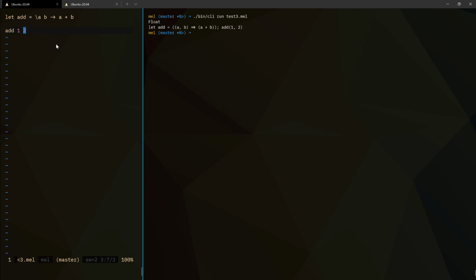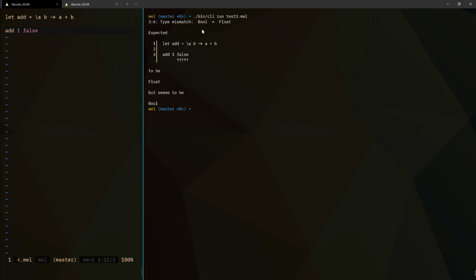And yeah, I have type errors. So if I pass here false, this shouldn't compile even if I didn't write any types. And if I run it again, I have a nice error message. Bool is different from float. I expected this thing to be a float because of the add function, but it seems to be a bool. And the same thing for, if I had 1 equals to false, for example, here, I don't know, something dumb,